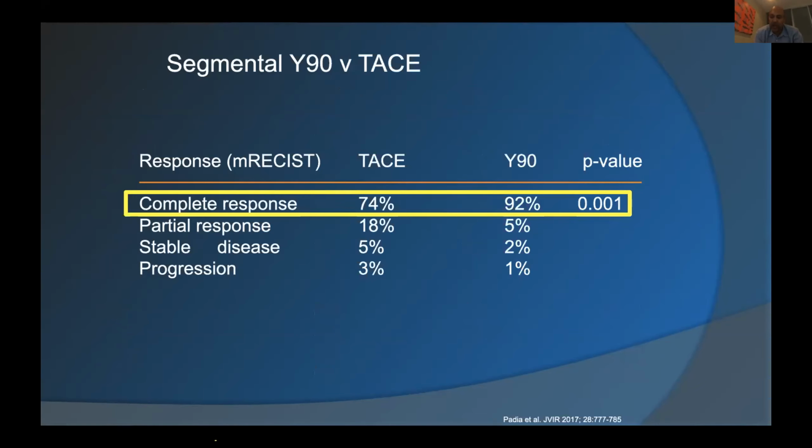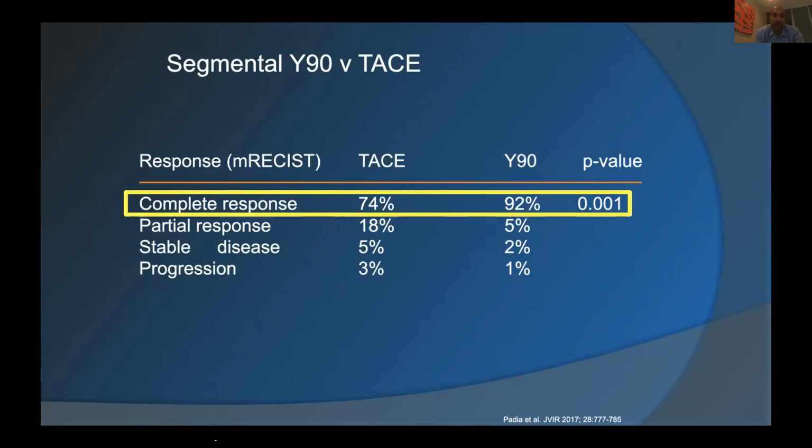And this is really the highest response rates that we have ever seen for any hepatic arterial therapy. And it essentially exceeds most publications for even thermal ablation. And keep in mind, the patient population we're doing are a lot of infiltrative tumors, vascular invasion, larger tumors, et cetera. Of course, this is only one part of the story, right?